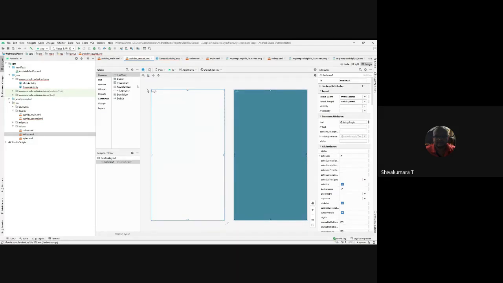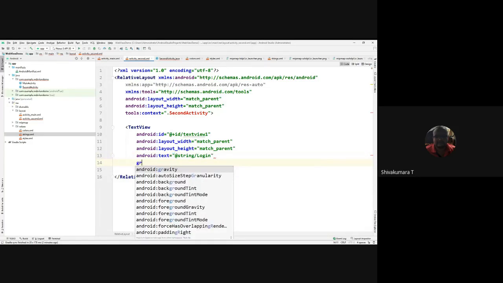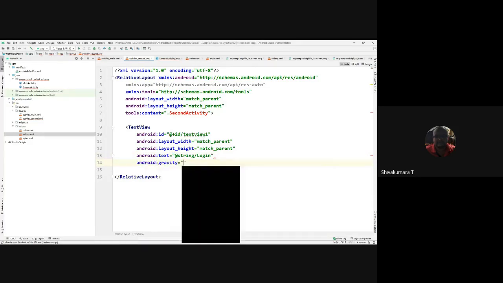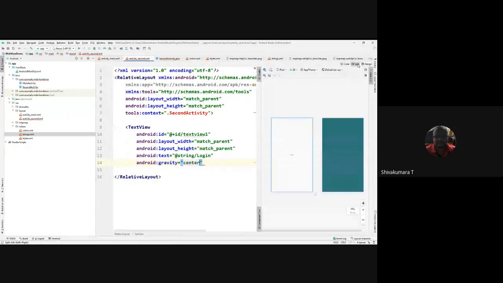Now, where you want to place it in this relative layout, you decide. If you want to place it at the center, you just set the gravity to center. See, observe again where it appears.